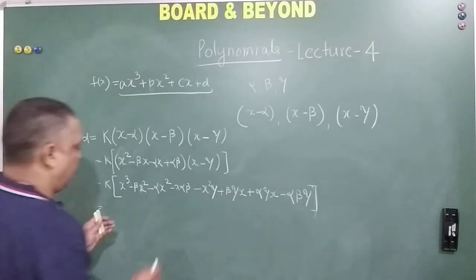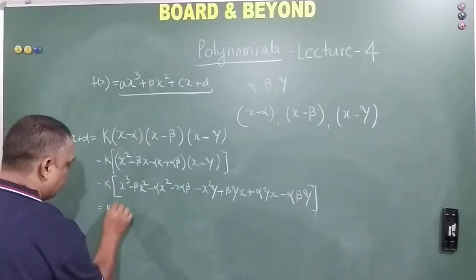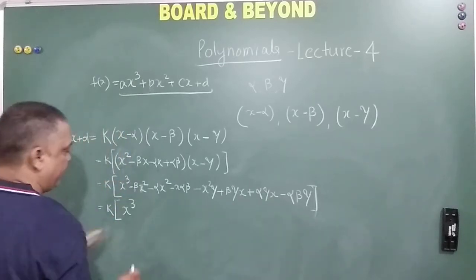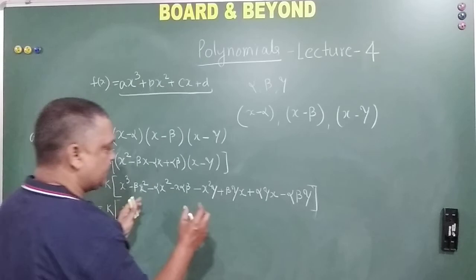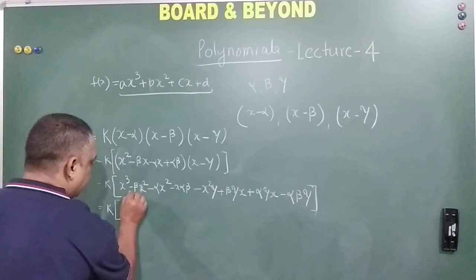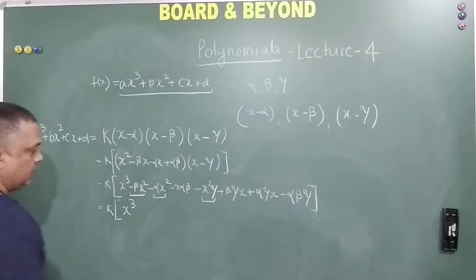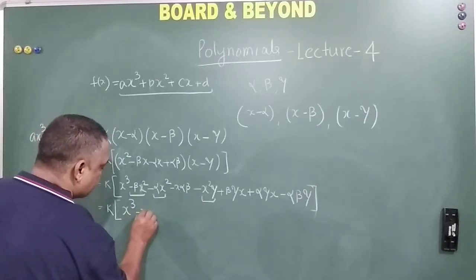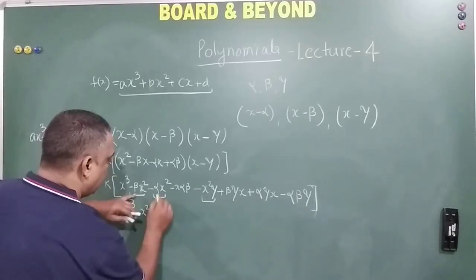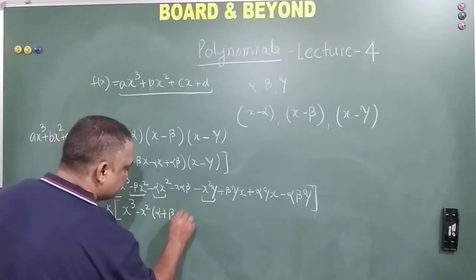Now we will try to collect the like terms here. Okay. So let's do it in one more step. X cube, is there any other x cube? No. So x cube. Now coming to the square terms, which have the power of the variable as square. So this term, I'll just write it here. This and this. Okay. Now let us say if I take x square common here, minus x square, this becomes alpha plus beta plus gamma.